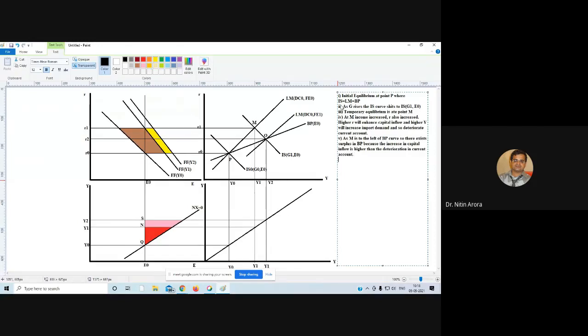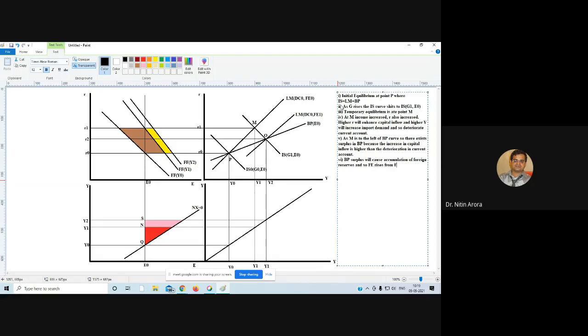Okay, so M is in surplus. BP surplus will cause accumulation of foreign reserves, and so FE rises